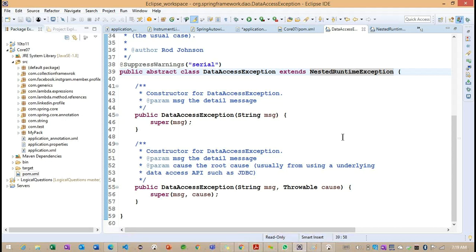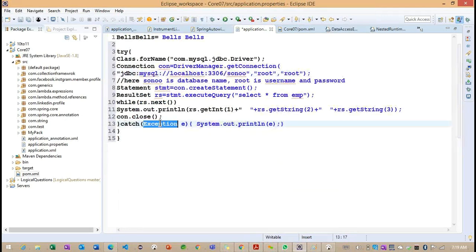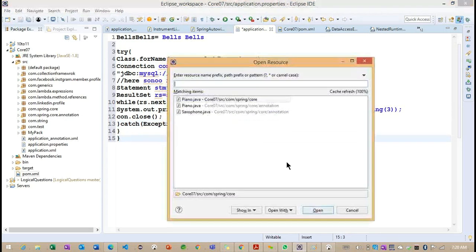Now what are you understanding? Previously, in any JDBC example we implement, we need to handle our SQL exception. If you see the simple code here, they are writing exception here. Basically, all the exceptions are going to extend from the exception class, because exception is our super class for all the exception classes here, right? So instead of handling the SQL exception directly, they provided exception classes here. But now you can see,